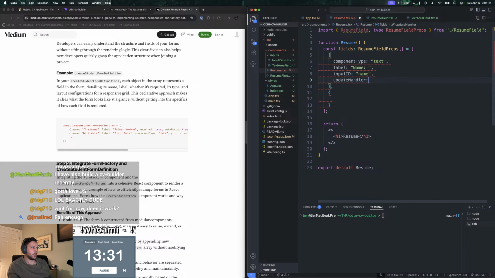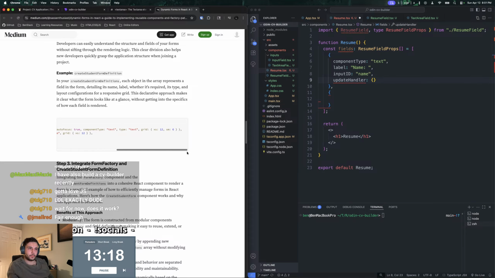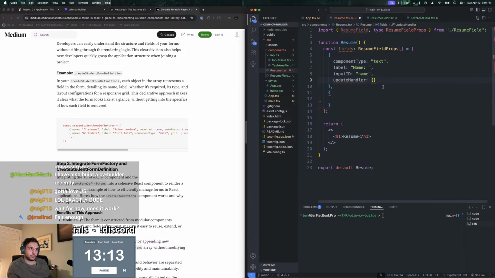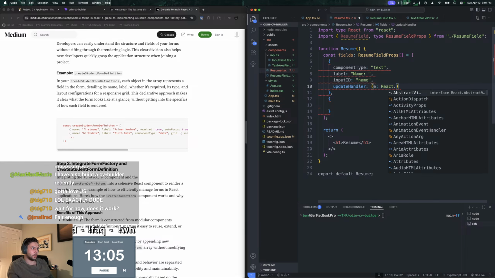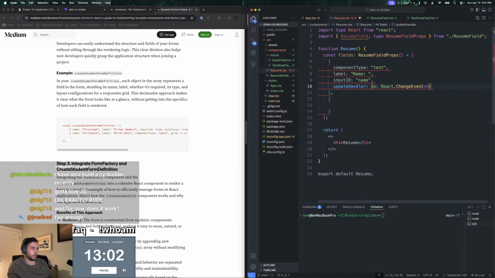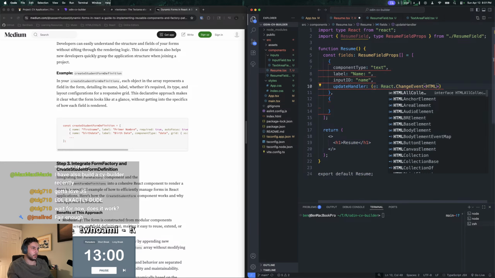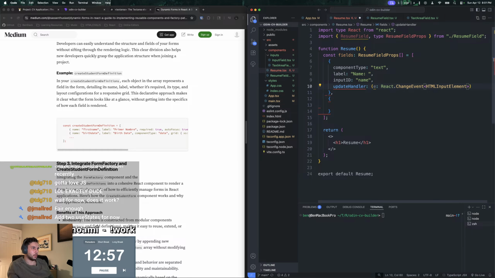Okay, so the update handler. Can I just put JavaScript in here? Would I have to put that in brackets? I guess. Or could I do it like React.change event for HTML input element? Maybe I would need to put this inside of